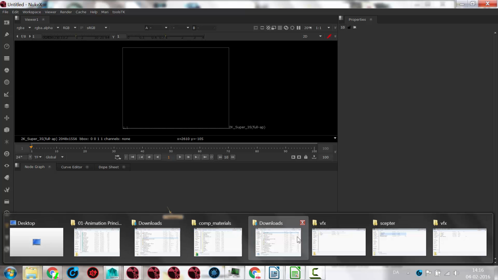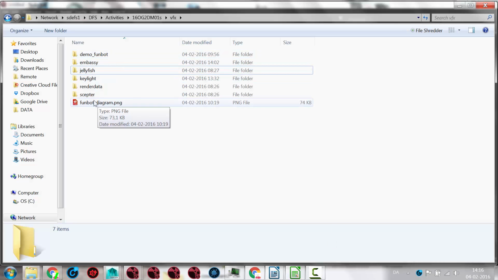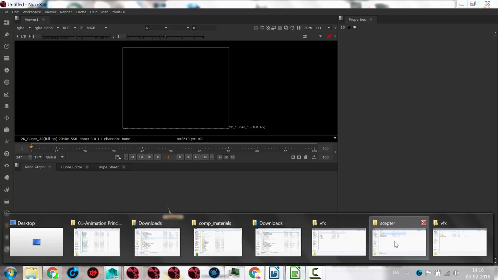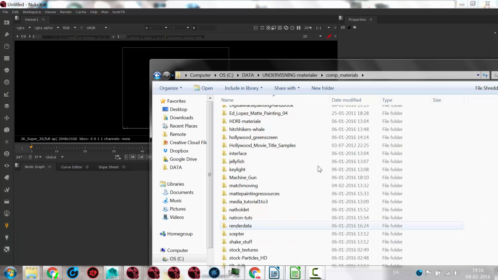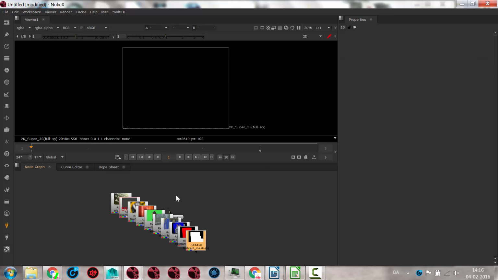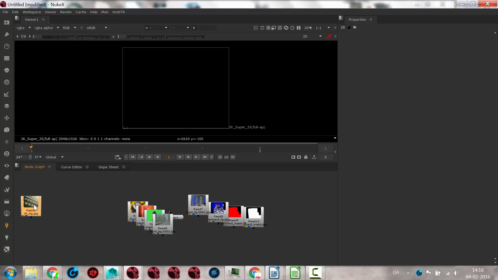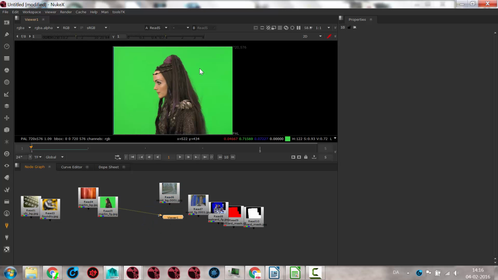I have put some examples up in the VFX folder, the one called Keylight. So if I just import that here, this is my local version of the Keylight folder. It contains a few different things. This one I don't need. There's a couple of things here I don't need, but never mind that. Let's move that out of the way. Good. So we have this, which is sort of like an